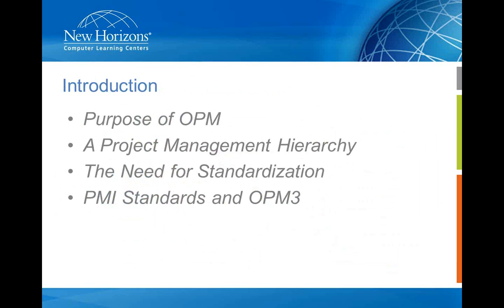So here comes our presentation. We're going to be talking about the purpose of organizational project management, called by PMI OPM. Other documentations also refer to it as enterprise project management. You may see EPM, a lot of software models refer to it that way. Same concept. It's making sure that there's a consistent, standardized way of managing projects across your organization in order to